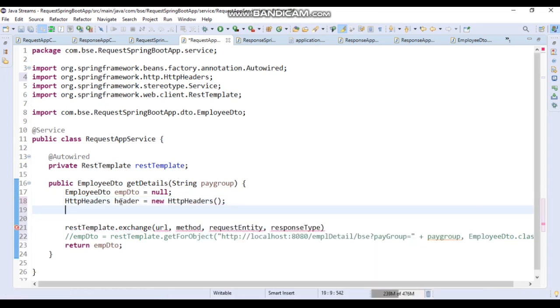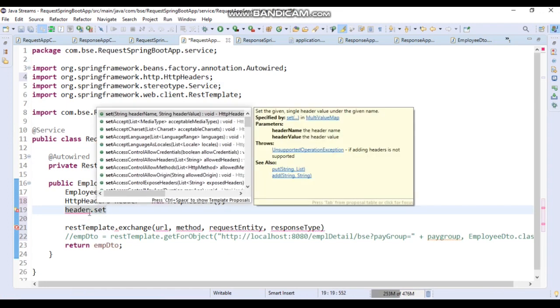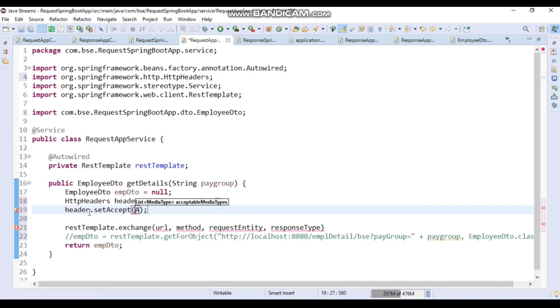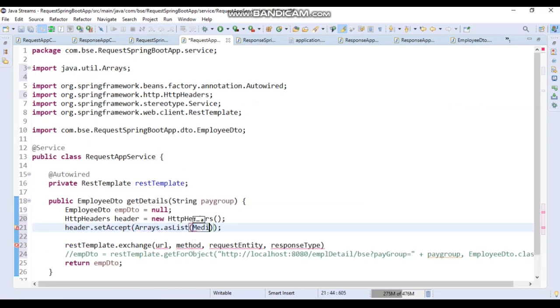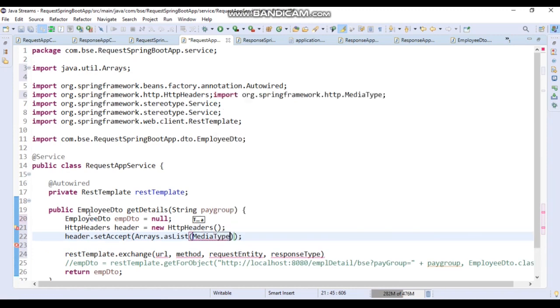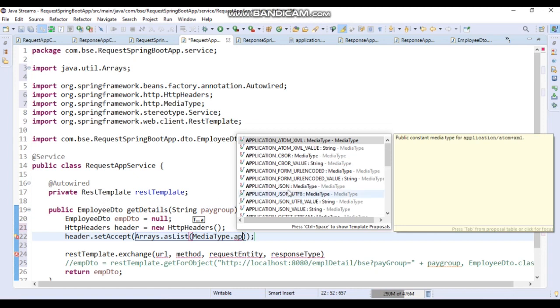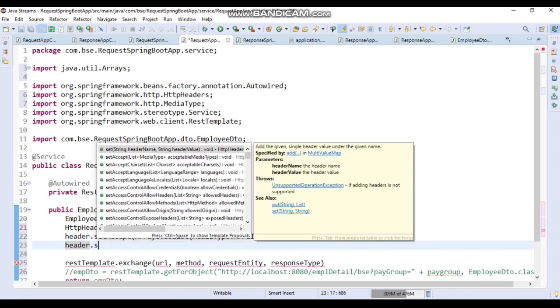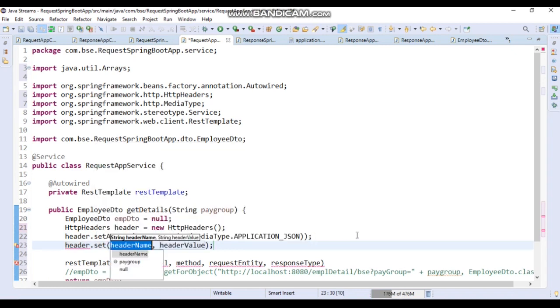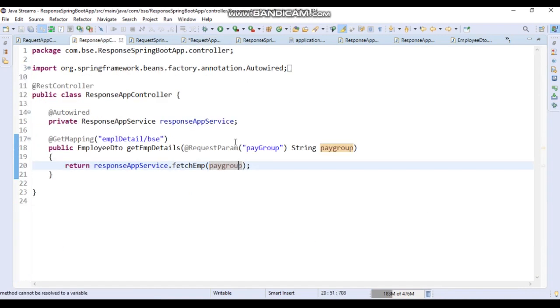Then we will add here .set accept, which will be Arrays.asList(MediaType.APPLICATION_JSON). And then we will set one more header, which is our company ID. Set. Let's go back into the controller.